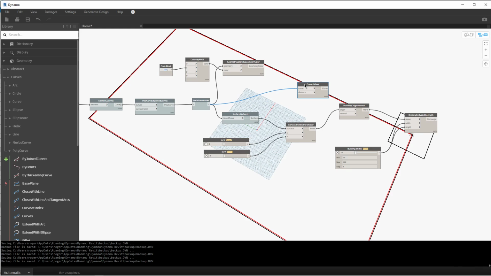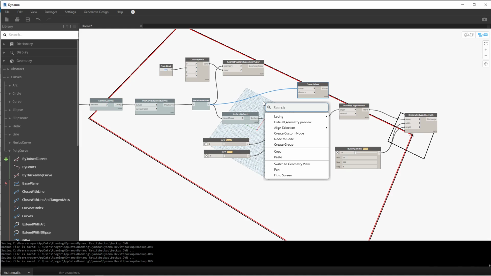Now we have a curve right on top of another curve, except that it's off by a distance of 1 foot in a positive direction. So we really want to make that so that it's this half distance. We want to pull this point in so that we account for whatever the width of the building is. So we're going to need to make some kind of a formula for that offset. So I'm going to write a code block